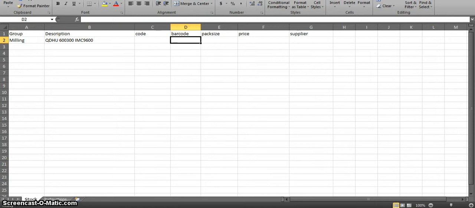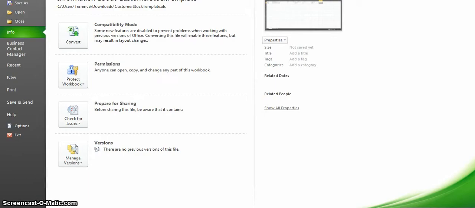We don't require a code for this, but our barcode is going to be something like that. We don't require a presetting 0. The pack size is going to be 10. Our price, we'll say, is 25, and the supplier is IMC. Now if we save this file,